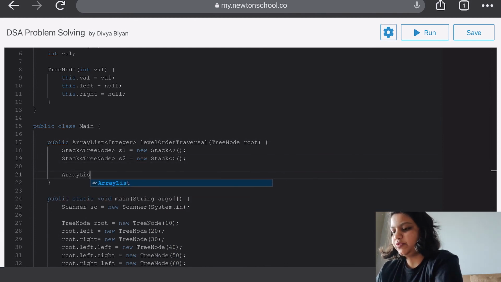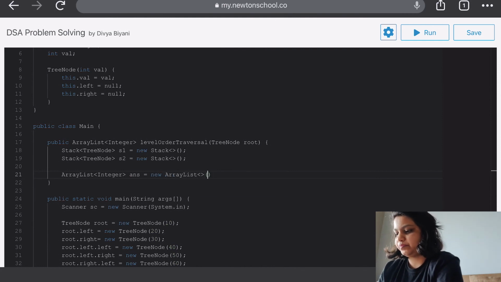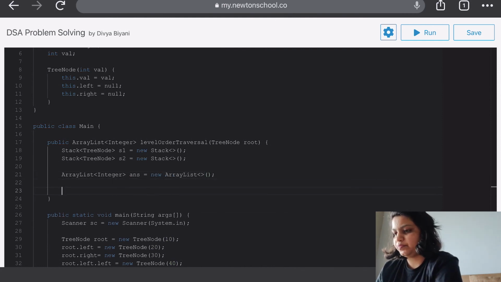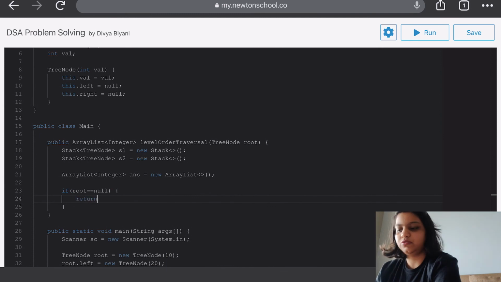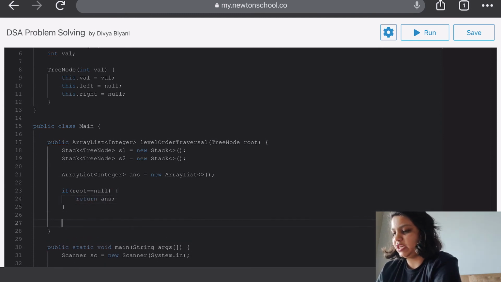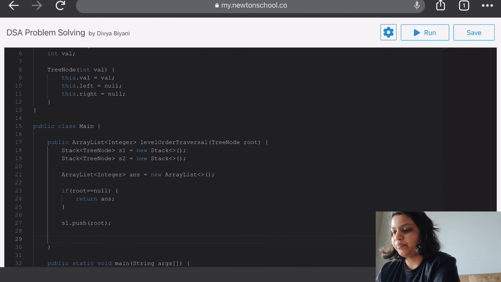Then we are also going to create an array list which will contain our answers, which is the level order traversal in spiral form. Then we check if our root is equal to null. That means we don't even have a tree to traverse, so we just return an empty answer. If it is not, we start by pushing our root in S1. That is our first level basically.